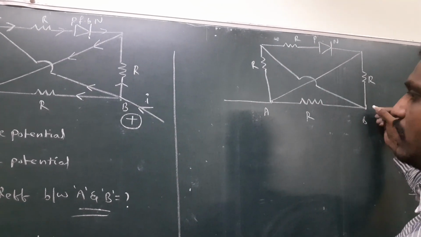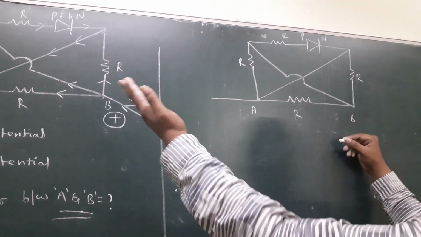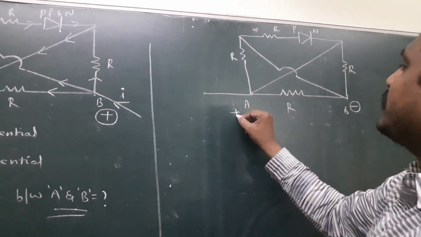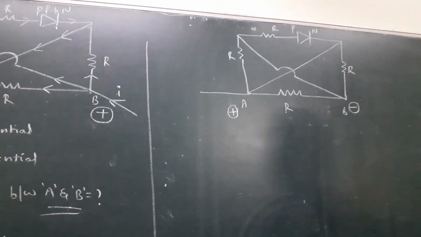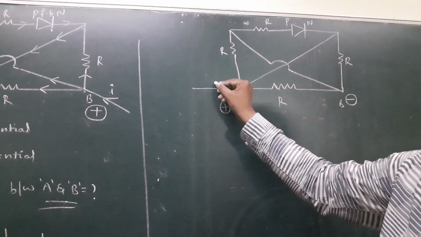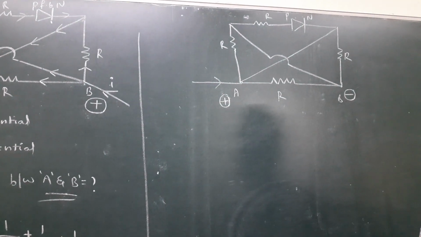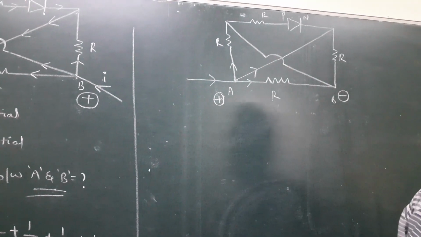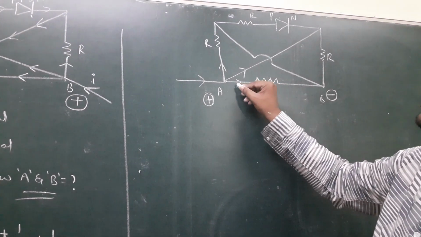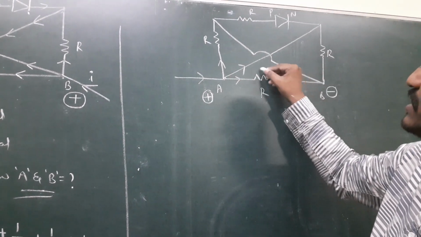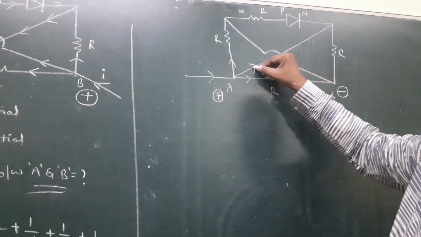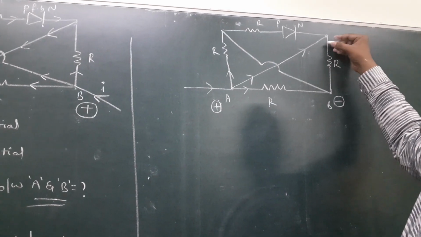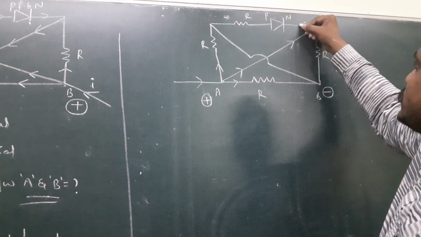R. Here the keyword in the problem: the question is the reverse of the previous question. Here B is connected to negative, A is connected to positive. According to the question, A is connected to positive, which means current flows plus to minus. Here at this point, the current divides. In this direction the current does not flow fast because there is a resistor. But here a conducting wire is there. So that's why it reached immediately. So that's why here the current also divides.